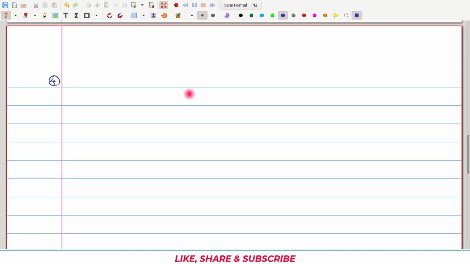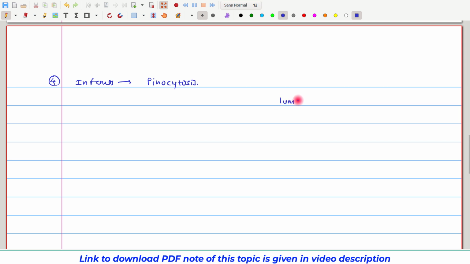The next mechanism is very important in neonates or infants. In the infant, what happens? There is a presence of the sodium dependent active process, there is a presence of the proton linked peptide transporter, but the major mechanism in case of infants is pinocytosis. This pinocytosis is a non-specific mechanism. What happens? Suppose on this side we have the intestinal lumen. This is the intestinal cell,